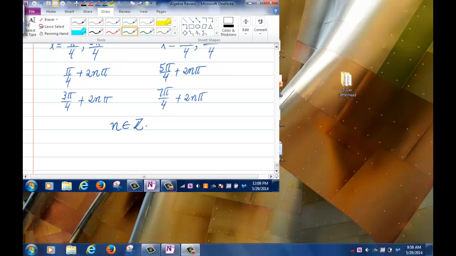N is an integer. Have I used that symbol before? Maybe I didn't. Okay, let me not use that symbol then. N is 0, plus or minus 1, plus or minus 2,